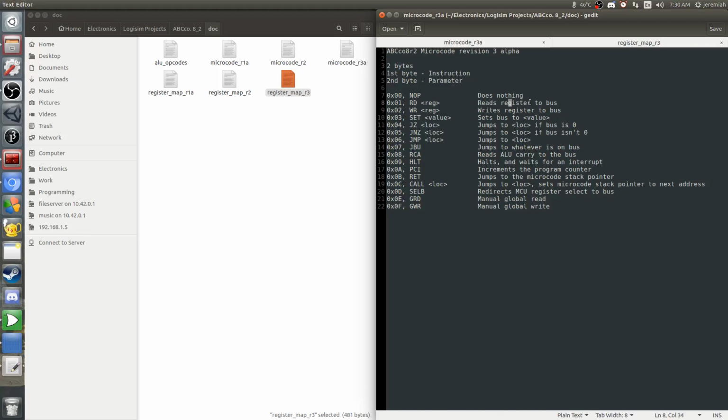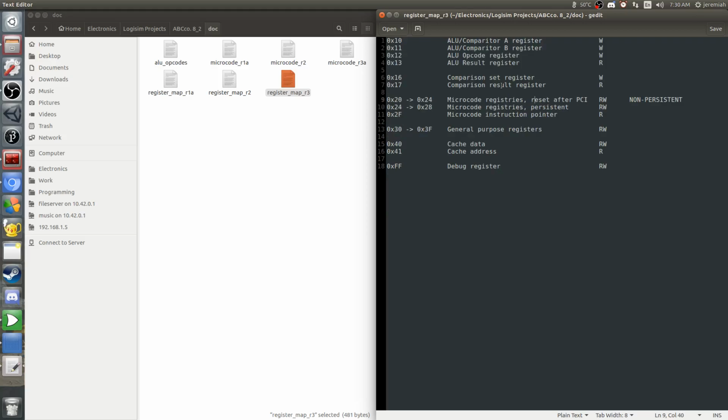returns to the microcode stack pointer. Call will jump to a location and set the microcode stack pointer to the address after whatever that instruction address is, so the next address, in short. And then the last three are really just for debugging. You could use them to optimize something, but you really wouldn't want to do stuff